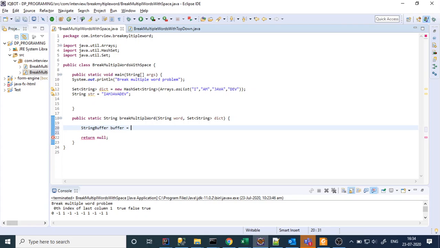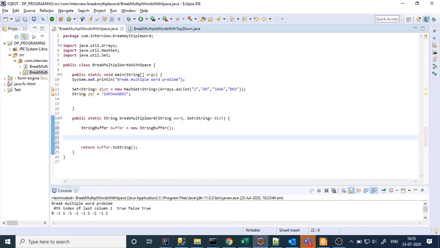This variable is what I am going to return. A new string buffer, and this string buffer is what I am going to return as the string.